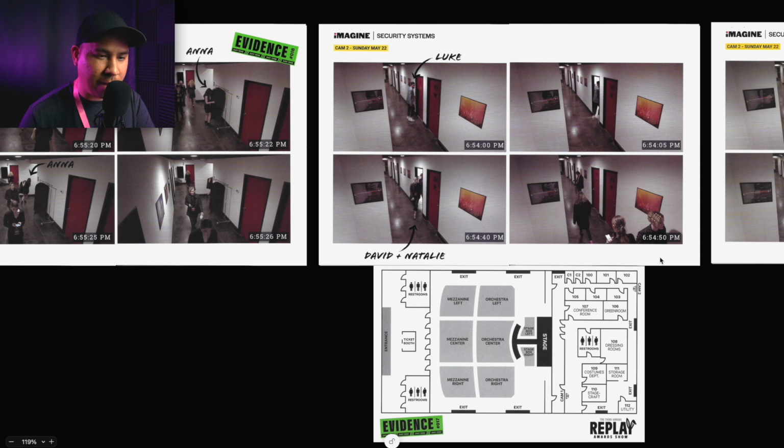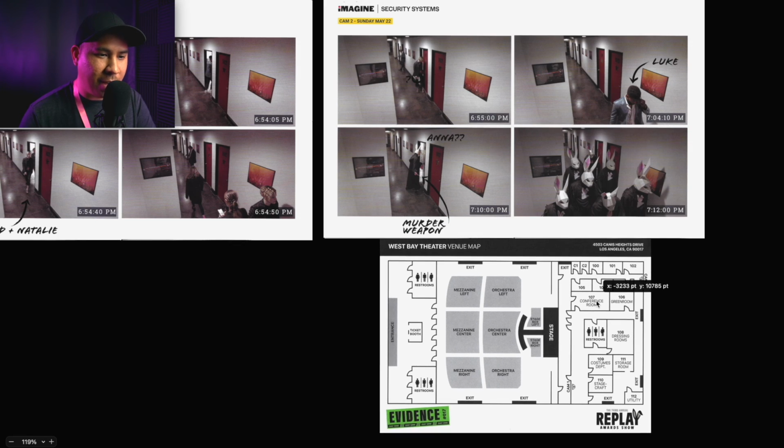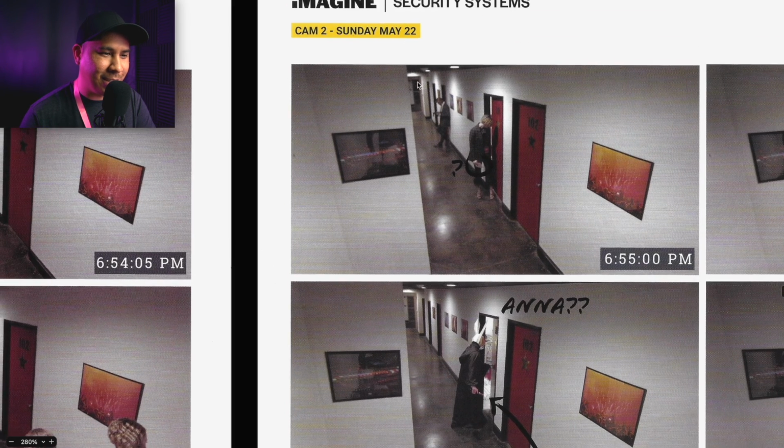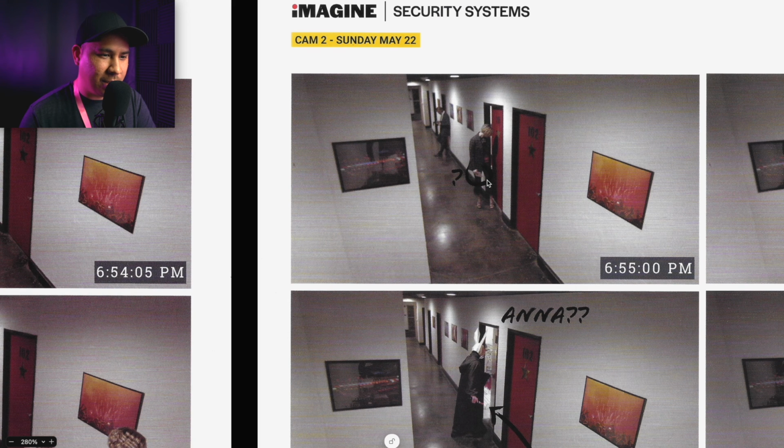Something happened at 7-Eleven. Oh my gosh. Okay, what is going on? Was this part of a performance coming up or something? What is this too? There's a question mark here. This is Natalie, right?